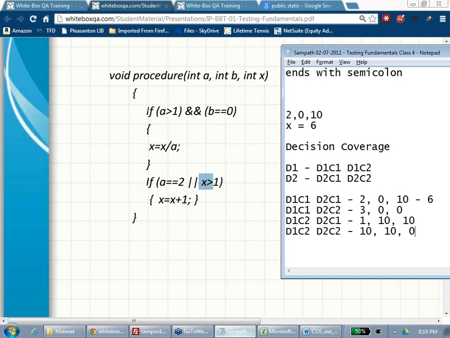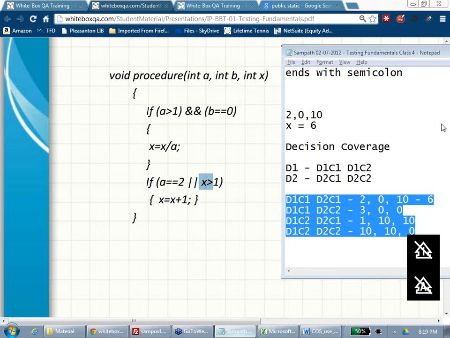So how many test cases are needed to test that program? The first one should be 1. It's okay, you can have 10, but this is AND, both should satisfy. This is OR, only one of them should satisfy. So how many test cases are needed to test this program? 4. Because we followed techniques: statement coverage, decision coverage, and condition coverage. By these 4 test cases, we are covering every statement, every condition, every decision in that program.